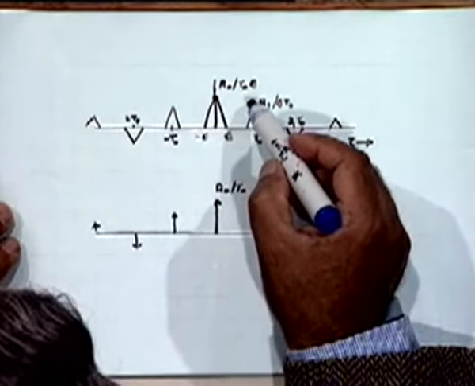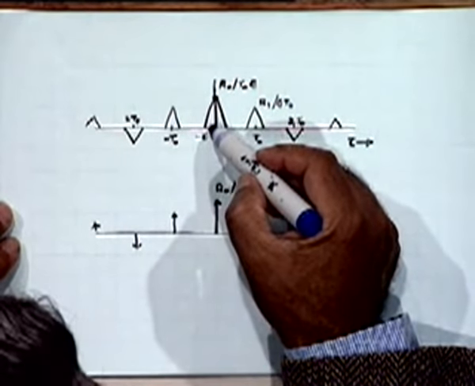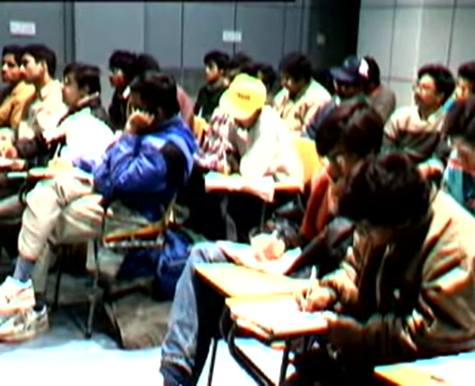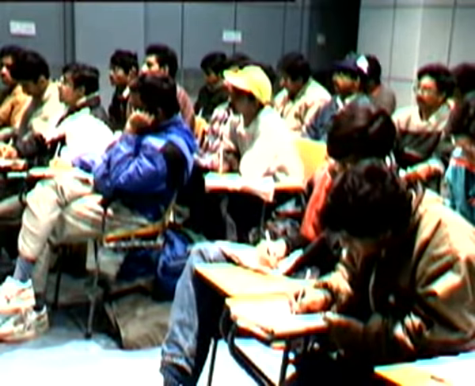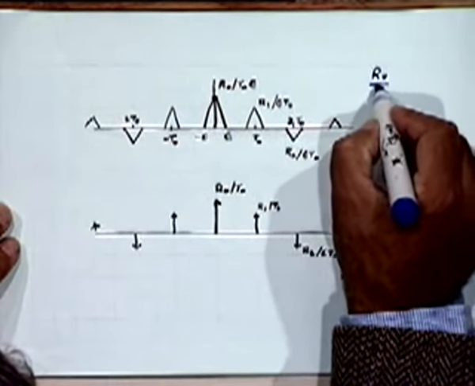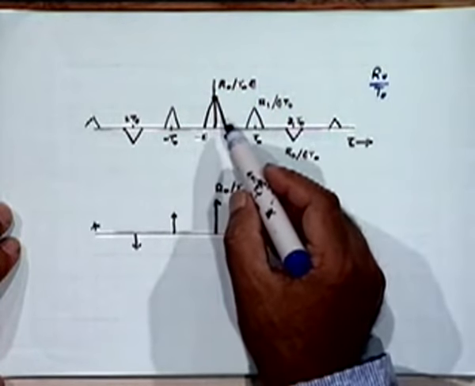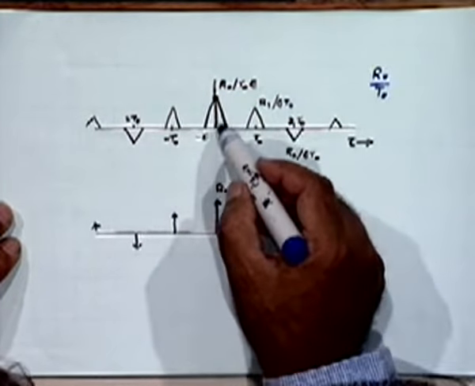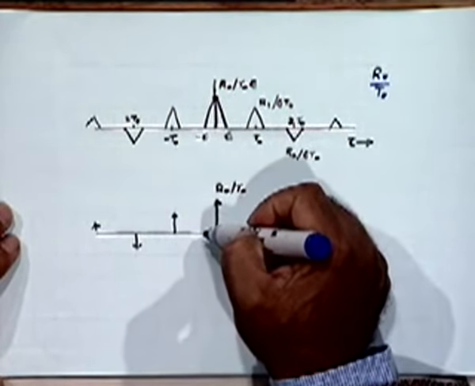It is half of this into this, R0 by T0, right? That is the area. So as we make epsilon smaller and smaller, this amplitude obviously becomes infinity. Once again you get back an impulse located at